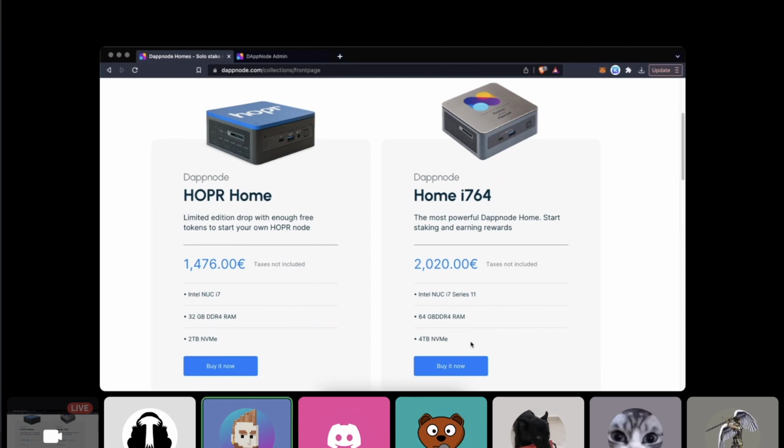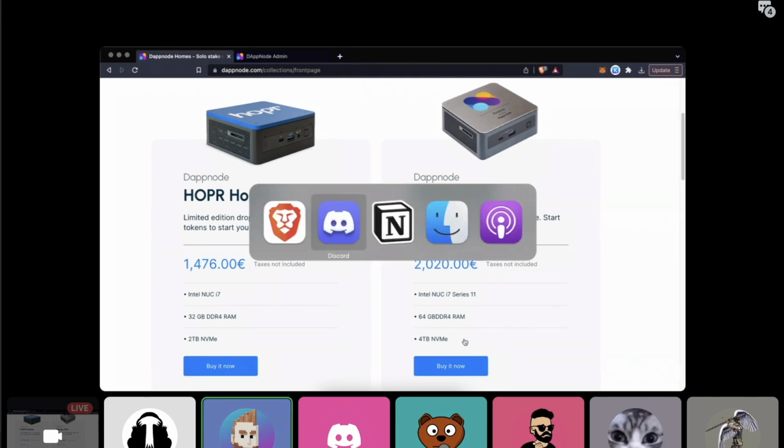So you can have like a 4 terabyte NVMe and then add a 2 terabyte SSD. Just make sure it's fast enough. This will take a significant amount of read and writing speed, which for NVMe is good, but not for all SSDs. So long story short, if you wanna go even further than 4 terabytes, you can do it. Just make sure that you use compatible hardware, and you can have your Dappnode running for many, many